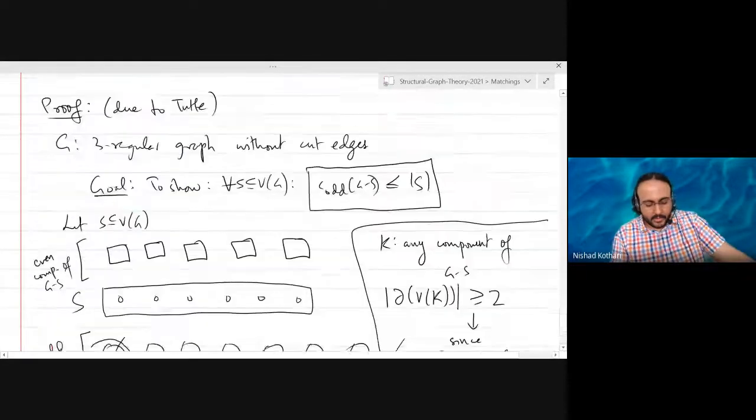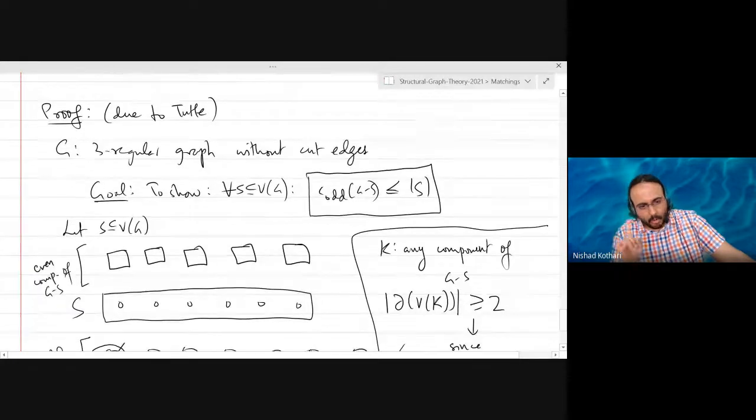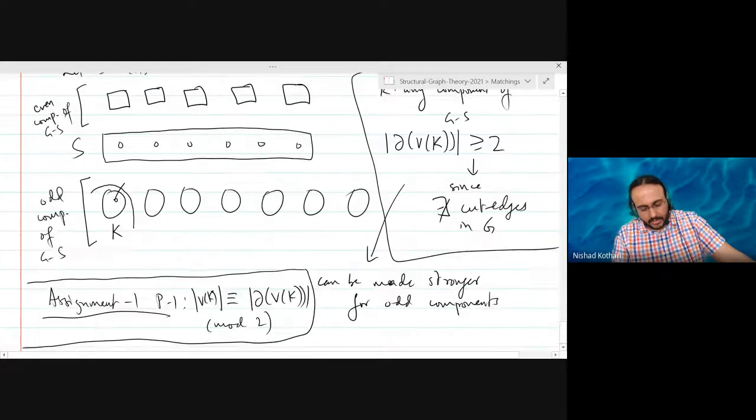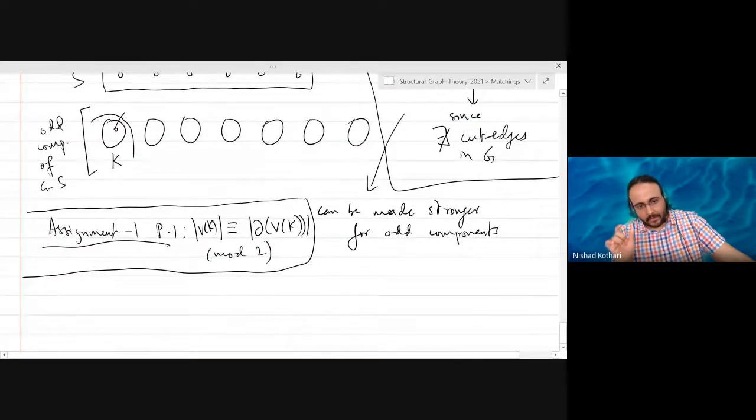You didn't prove it just for 3-regular graphs. We call them odd graphs, which is a weird terminology because now we are saying an odd component has an odd number of vertices. But in that assignment, we used the term odd graph for a graph where every vertex has odd degree. And for such graphs, you showed that for any set X, its cardinality has the same parity as the cardinality of the cut corresponding to that set. It's basically the handshaking lemma, applied in a more fancy manner. It's basically a degree counting argument.